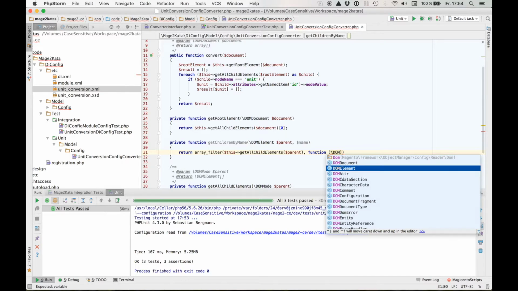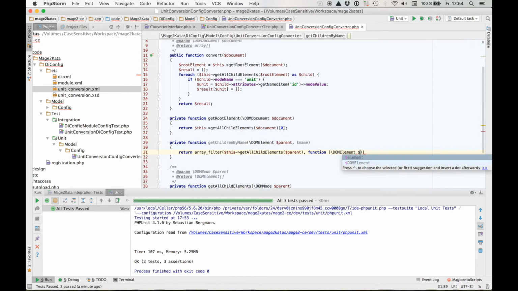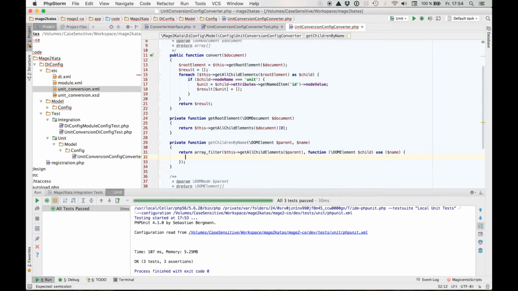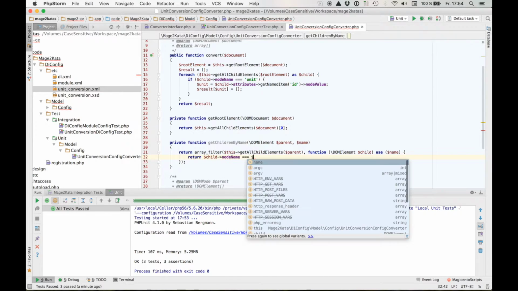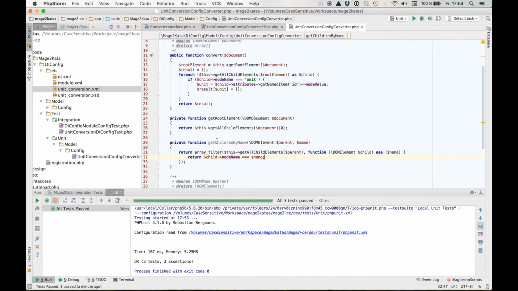DOM element, let's call it child, and we'll have to use the name so we can filter by it. Return child node name equals name. So now here we can use get child elements by name. Unit as,